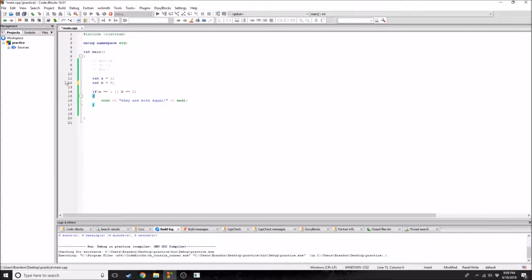But anyway, or, like I said, at least one of the conditions needs to be met in order for the code to execute. But with an and, both have to be met. So what is a not? So let's say not